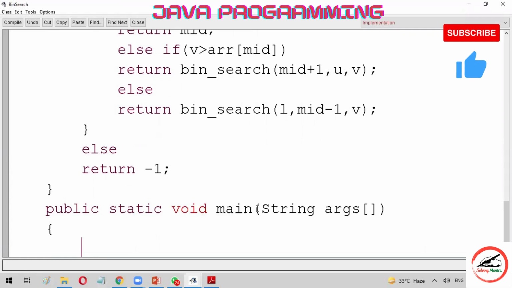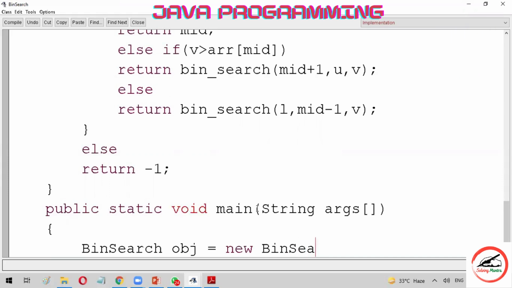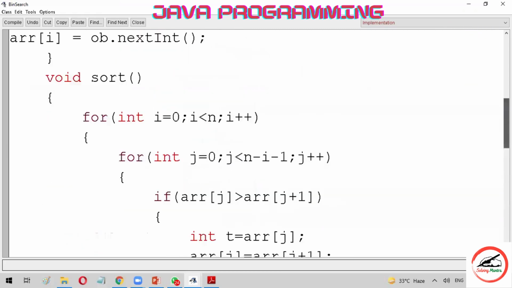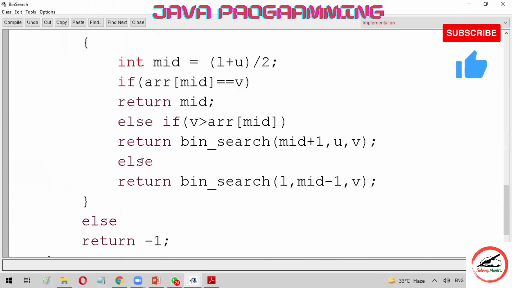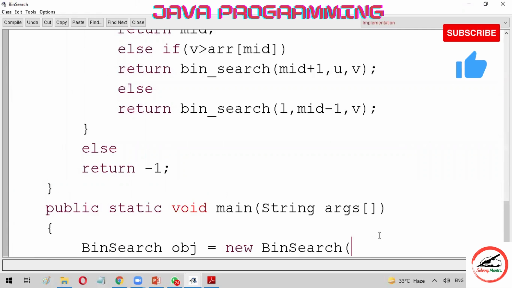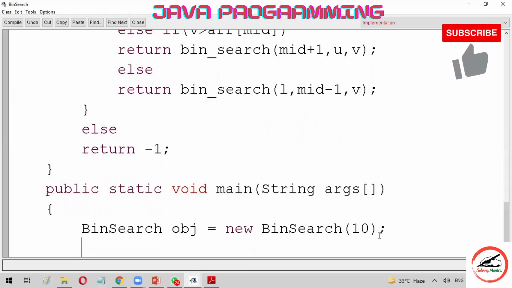The class name is bin_search, then the object name obj equals new bin_search, and give the value over here, because in the constructor it is a parameterized constructor. So you have to give the size. We can give the size on our own, say 10 values. So the size will be initialized as 10.